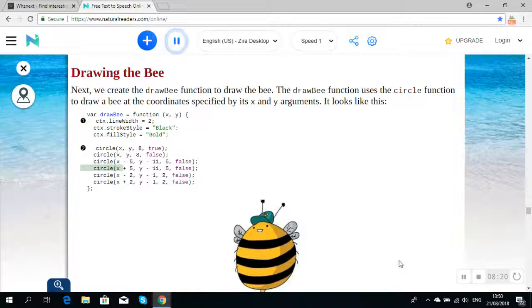circle(x - 5, y - 11, 5, false); circle(x + 5, y - 11, 5, false); circle(x - 2, y - 1, 2, false); circle(x + 2, y - 1, 2, false);